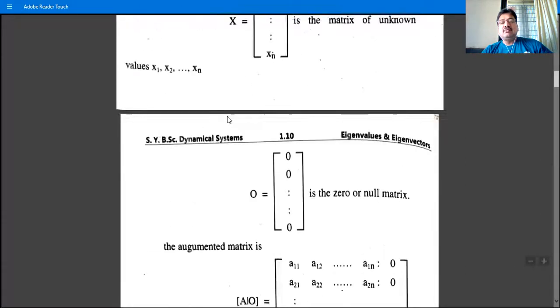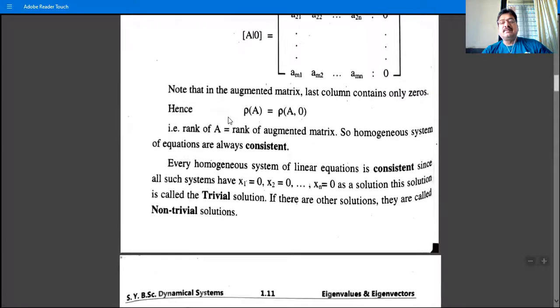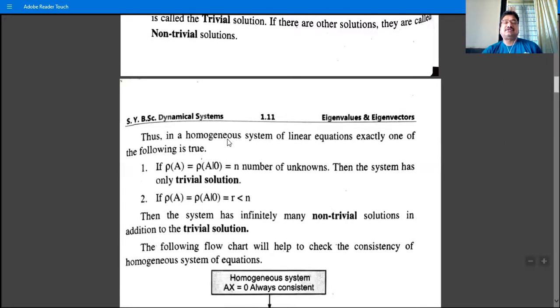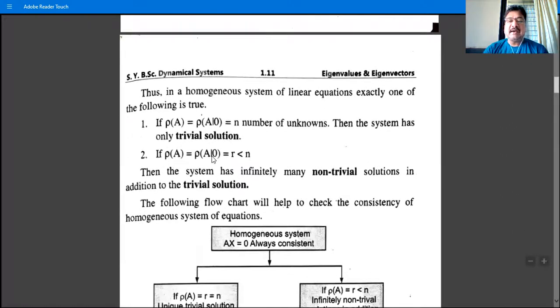So there are only two cases, since the system is always consistent: either the system has only the trivial solution or the system has non-trivial solutions. When the system has only the trivial solution: if the rank of A and the rank of [A 0], which are always equal in a homogeneous system, are equal to the number of unknowns in that system, then the system has the trivial solution,